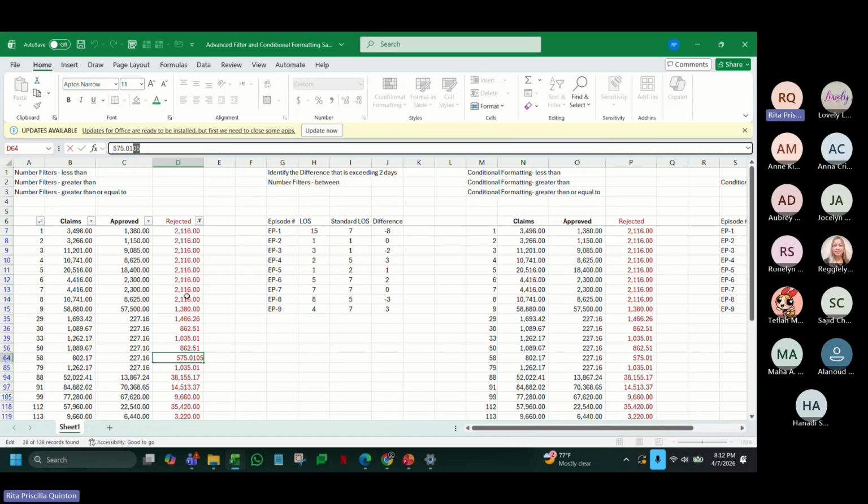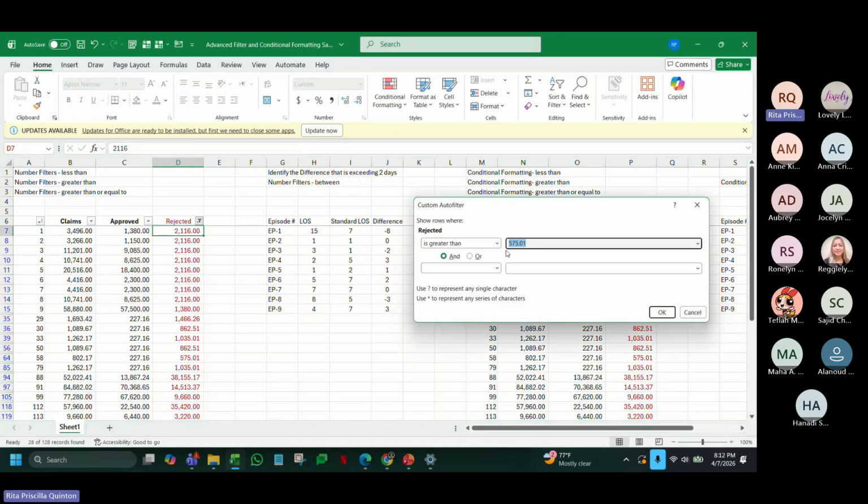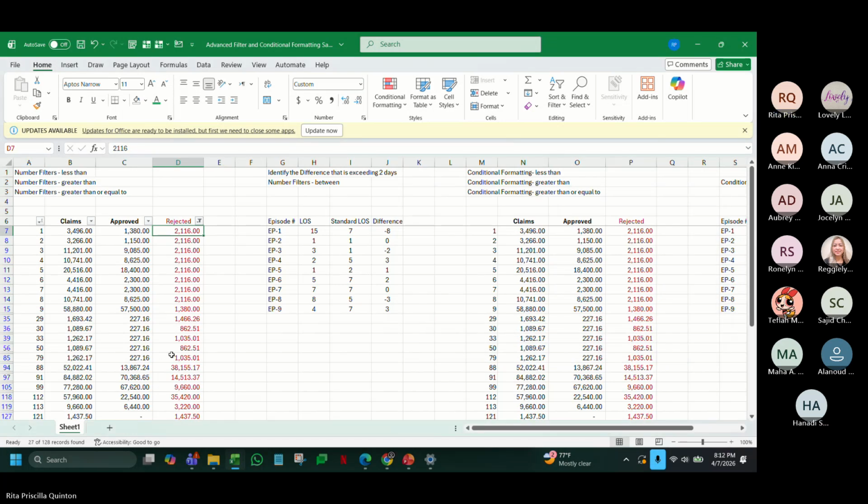If I remove it, okay, and then go back here, number filters greater than 575.01, and I click OK. Okay, keep your eyes over here. Now it's removed.